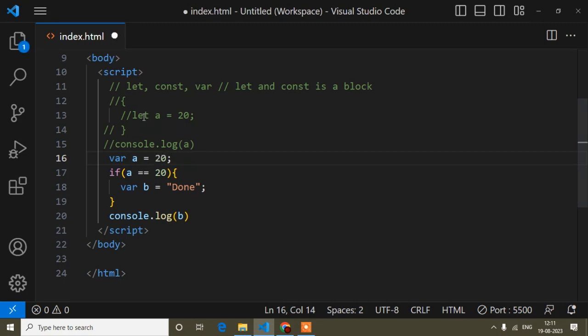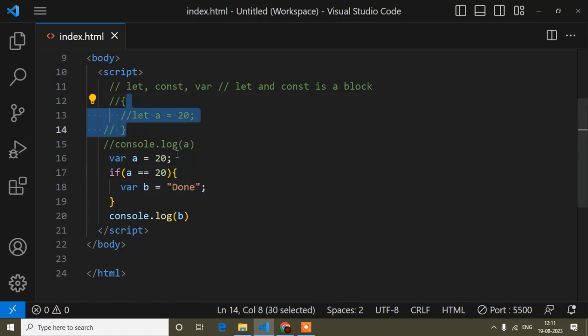So when I am creating a variable inside this block level, suppose now the condition is matched. When I am creating this variable inside this block, see I told you inside curly braces means it is a block. So here this is a block, right? In this block I have created the variable using the var keyword, so that I can achieve here. But the same thing if I create using the let keyword, and the condition is matched, then what will I get?